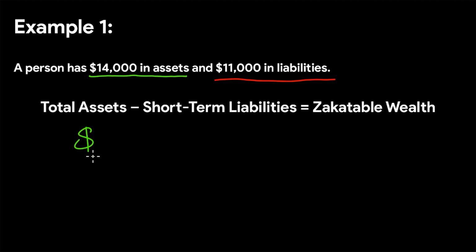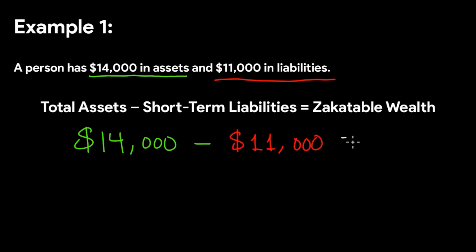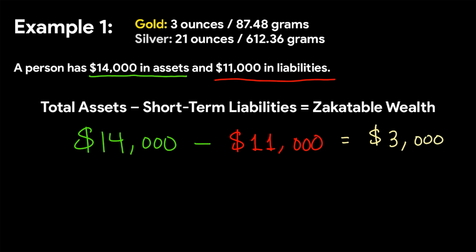So we have $14,000 in assets minus $11,000 in short-term liabilities. This gives us $3,000. So as we mentioned earlier, if this exceeds the Nisab amount of gold or silver, this person must pay